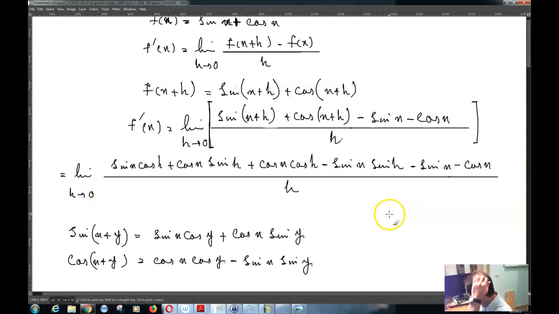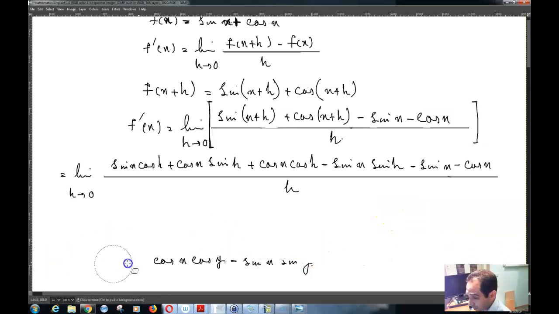I suppose that's the way that they have written it. And then sin x cos h plus cos x sin h plus cos x cos h minus sin x sin h minus sin x minus cos x over h. Okay. So now you need to